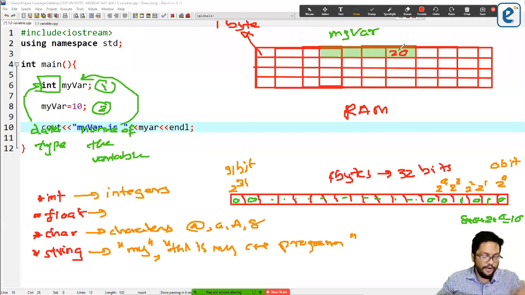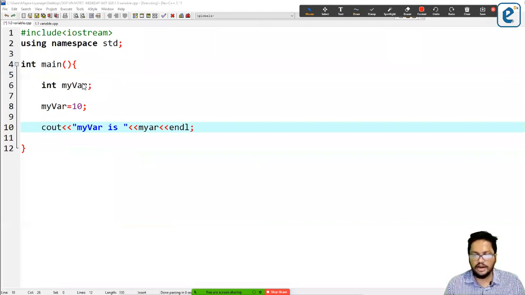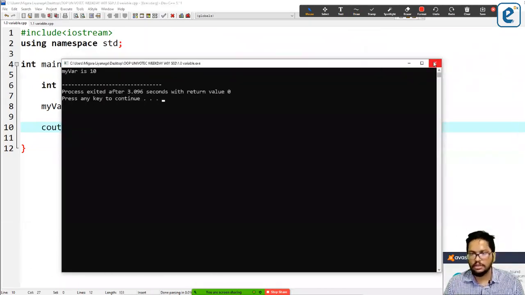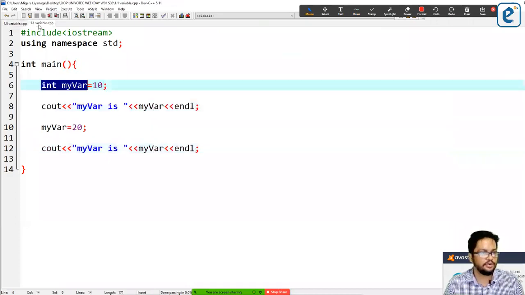So first we have to declare it. Once it is declared, it will be there in the RAM until your code is terminated. Until you close the code, it stays in the RAM. We can change the value whenever we want. Right? So yes, this will be done only once. Okay, right? Yes, so what I wanted to highlight here now.